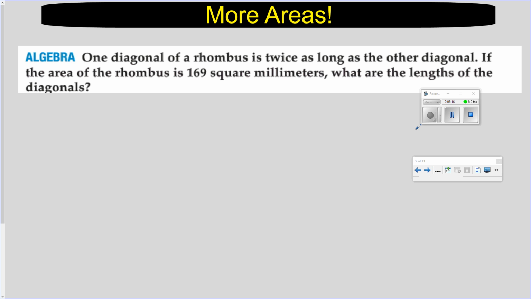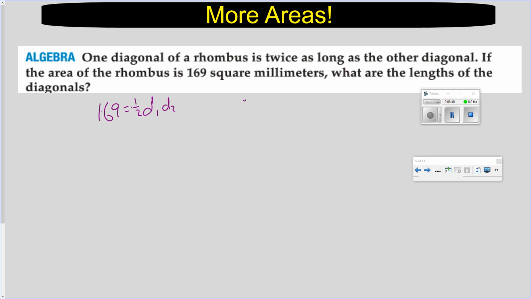One diagonal of a rhombus is twice as long as the other diagonal. If the area of the rhombus is 169 square millimeters, what are the lengths of the diagonals? So I know that 169 has to be equal to diagonal 1 times diagonal 2 times 1/2. The problem is I have 2 variables, and I can't solve an equation with 2 variables. So I'm going to need to write another equation so that I have a little system that I can use